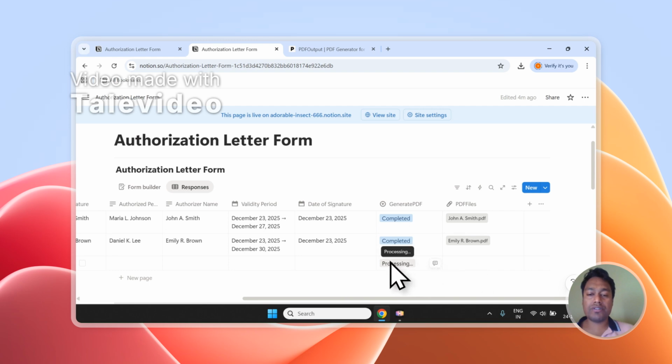And you can see it has started processing this document, which will soon be converted to PDF, and it has been stored right within the database over here. This is how the automation works and how powerful it